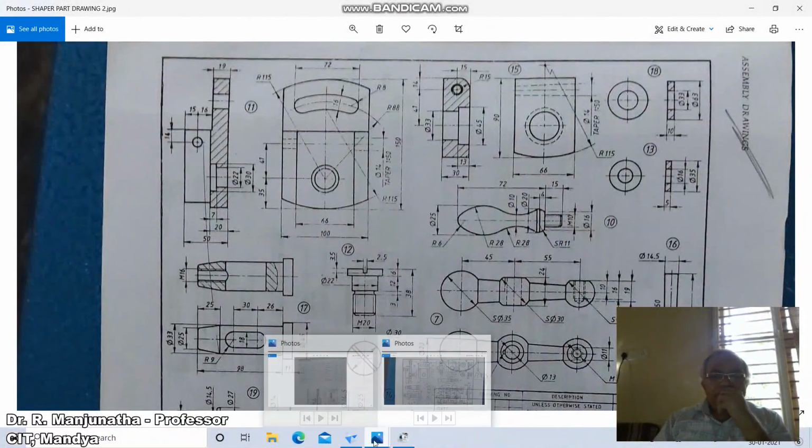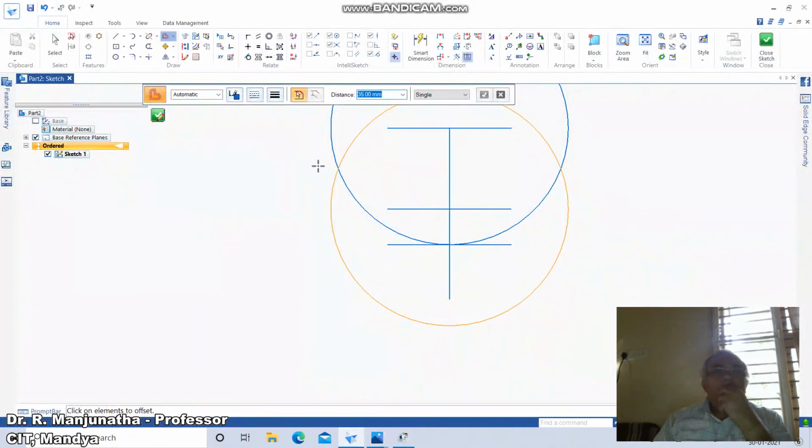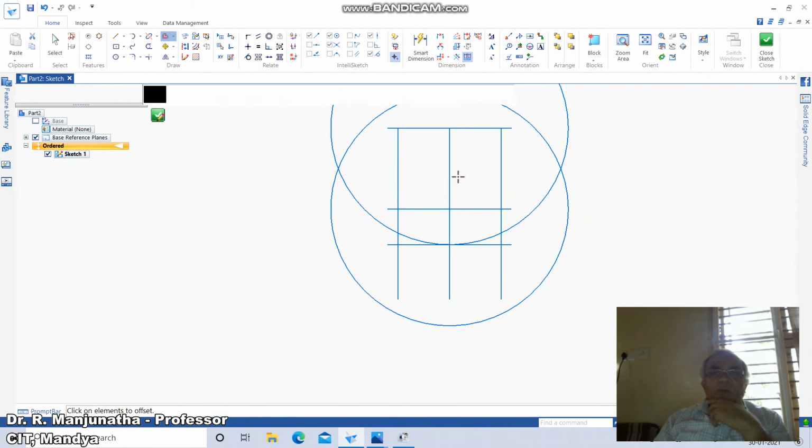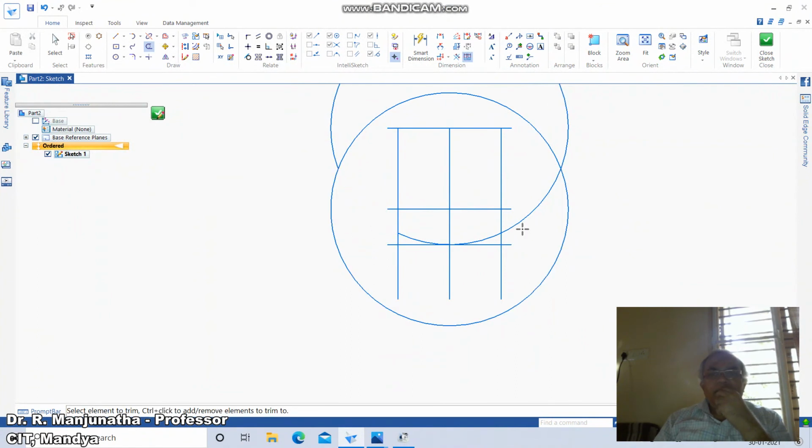So go to offset, take the distance as 50 mm. So from here you take this 50 on this side and also on this side, and go to trim this portion and also trim this portion, and similarly you just go to extend to next